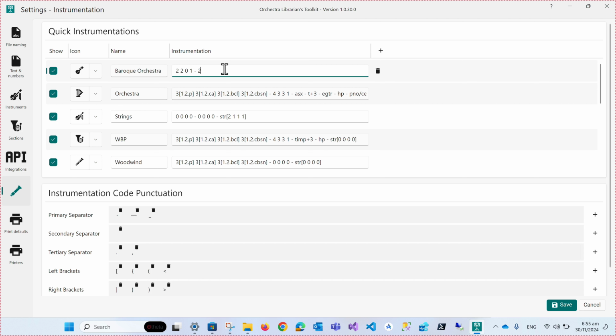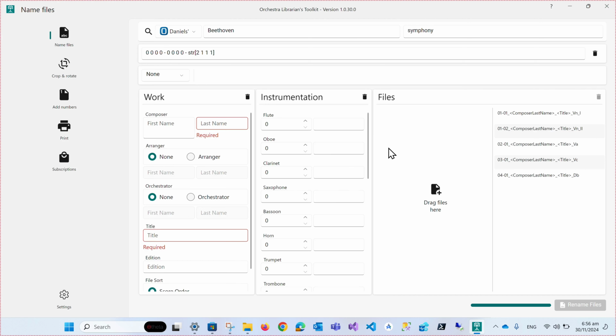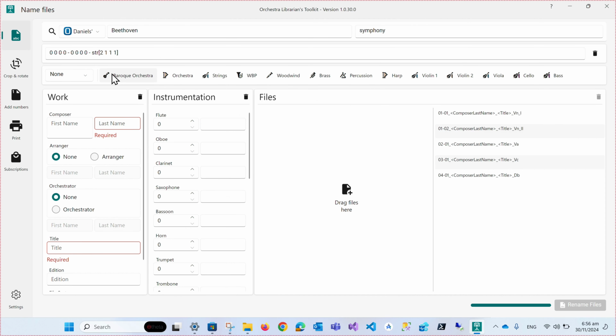Let's make it 2 trumpets, 2 horns, no trombones, no tubas, 1 percussionist, 1 harpsichord, and strings. And if I now press save, you'll see I have a new button for Baroque orchestra,